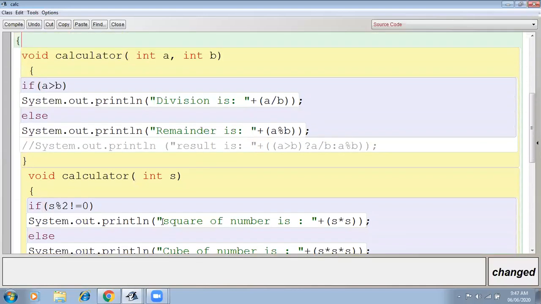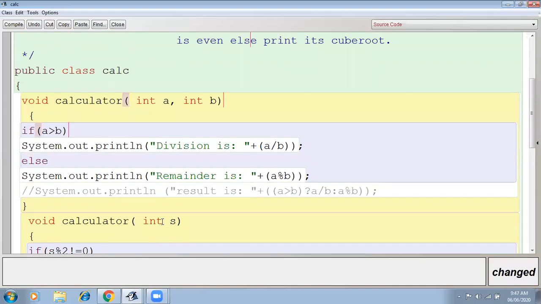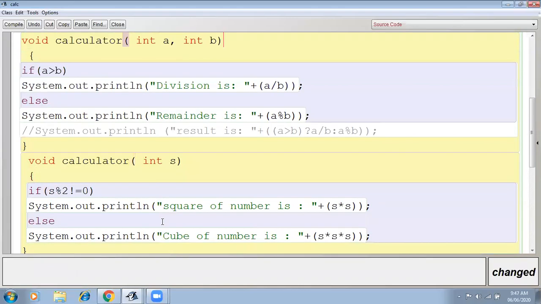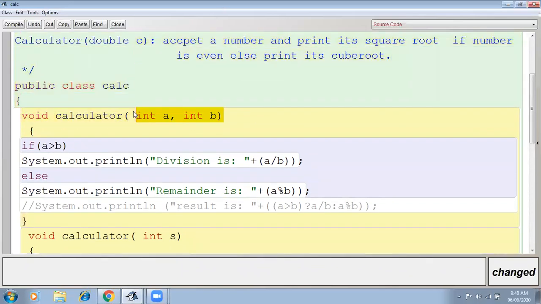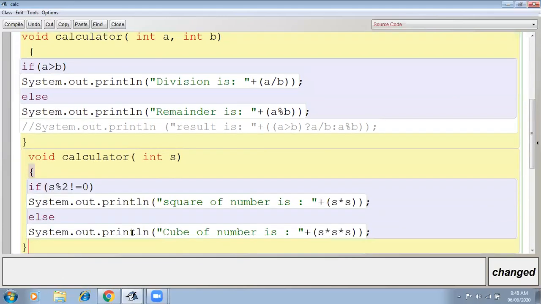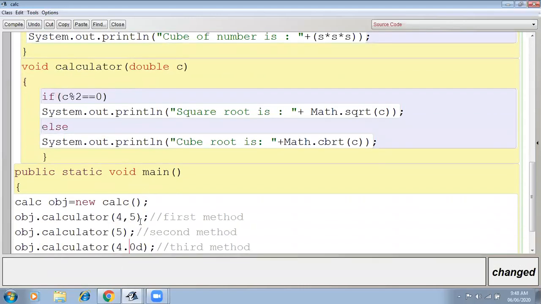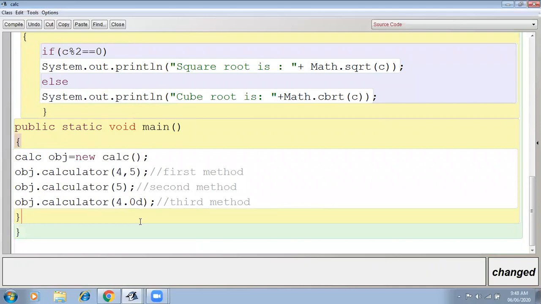It is a very easy program of function overloading. You have to remember that all the method names will be the same, but you make the formal parameter list different for function overloading. Accordingly, you pass the actual parameters according to these formal parameters.